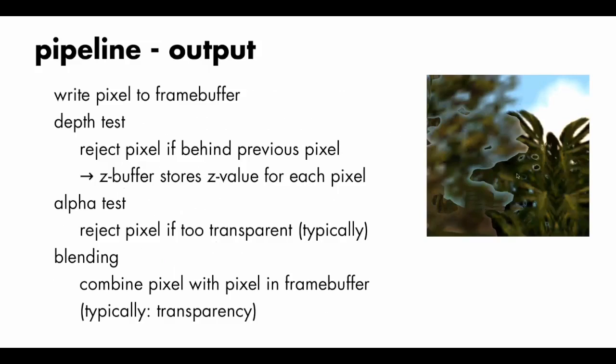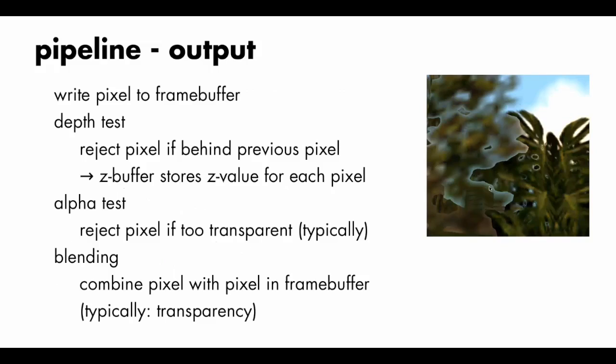It got too transparent in this region here, and inside this region, the alpha test was passed. But the problem is that after this thing was drawn, something behind it was drawn, and of course that failed the Z test, the depth test. So even though it would have been visible if you had drawn it in a different order,